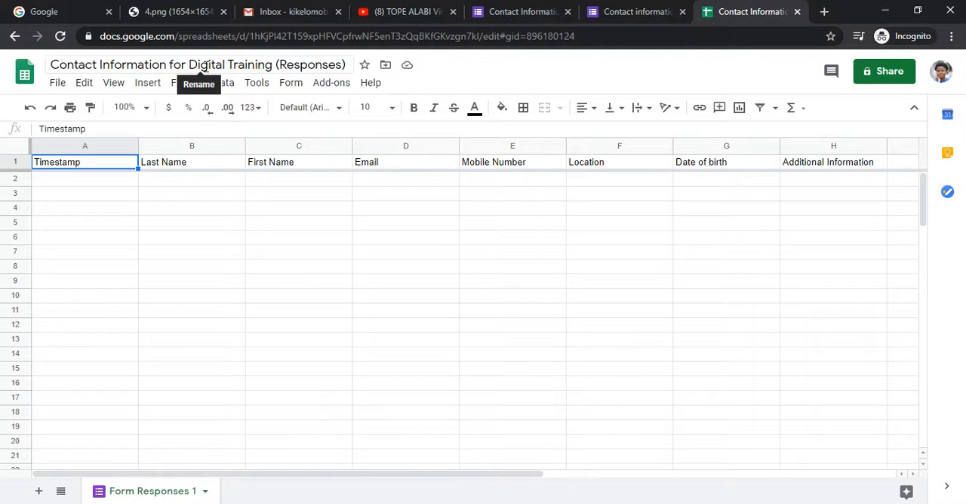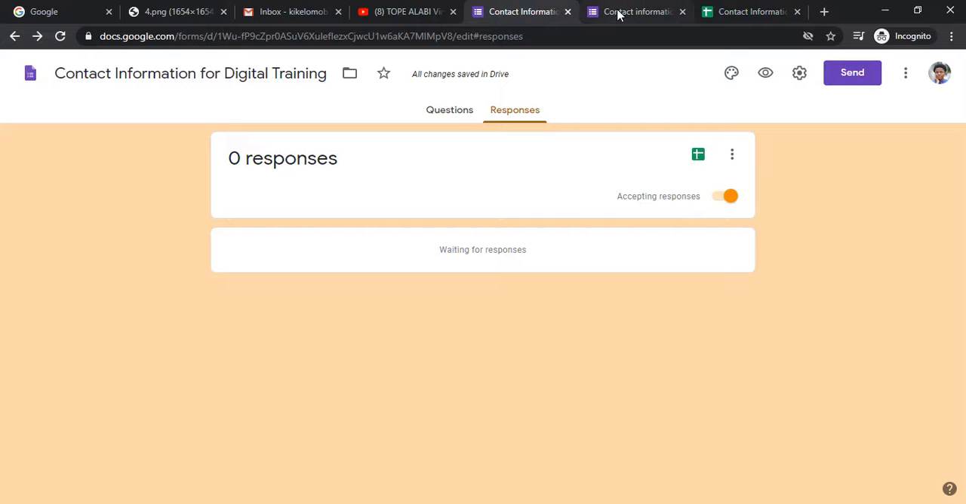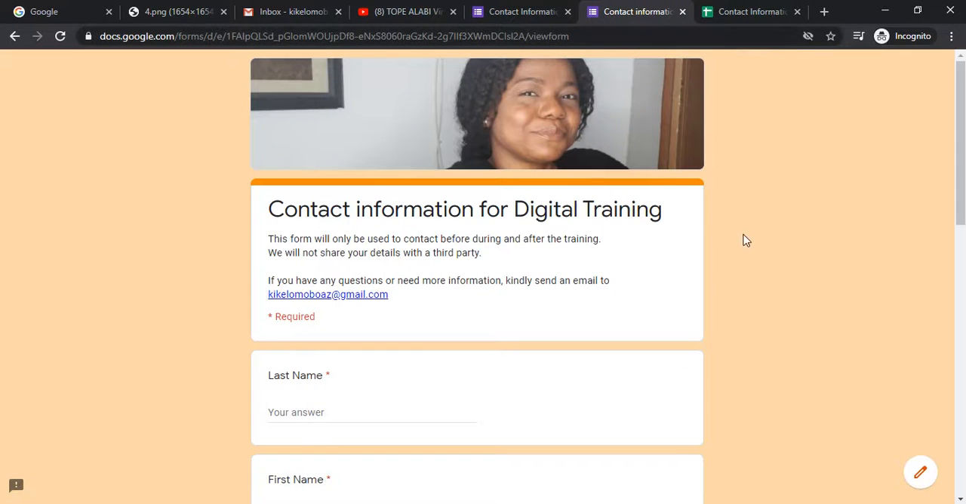Can you see contact information for digital training responses, and then timestamp. This is the time when they fill the form. I didn't put timestamp there. Google Form did. Anytime they fill the form, it will tell you the time and the day that the form was filled. So look at our forms: last name, first name, email, mobile number, location, date of birth, and additional information. And it keeps showing you all their names. No matter how many people fill the forms, it will show you all their information here, which makes your life easy and very straightforward. So let's fill this form